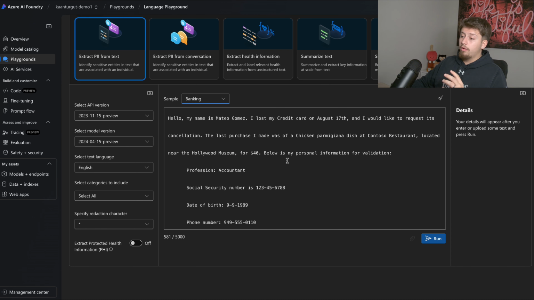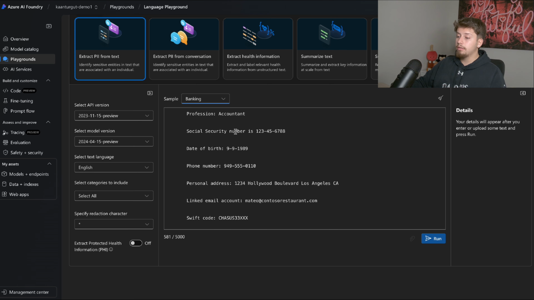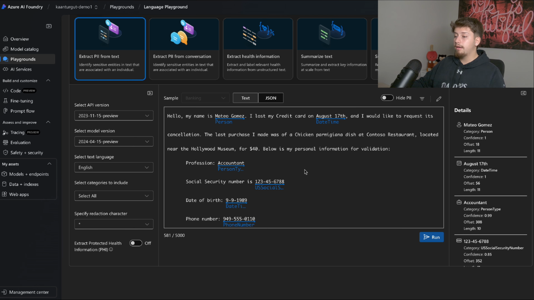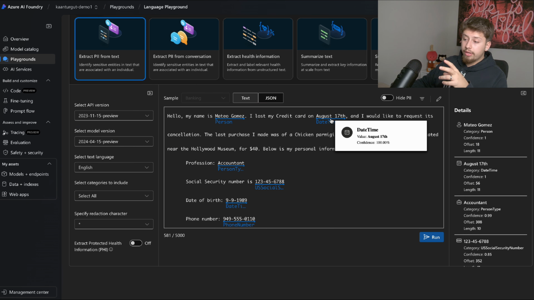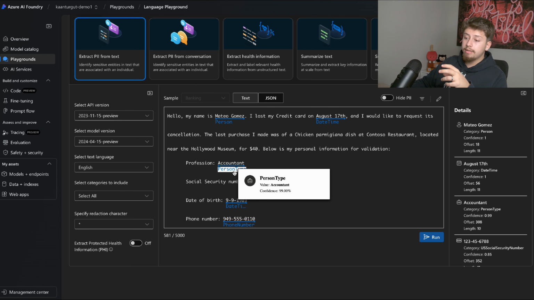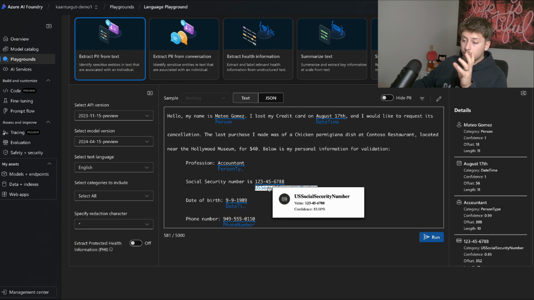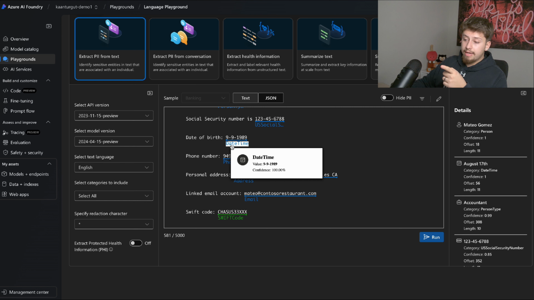So it has all the information about the person as well as their banking and personal information. If I run this example, I can see that it selects the words and gives me the category, the type of those sentences or words. So here I can see the name is a person, the August 17th is a date time, the profession is person type, the social security number is US social security number, the date of birth is date time, phone number